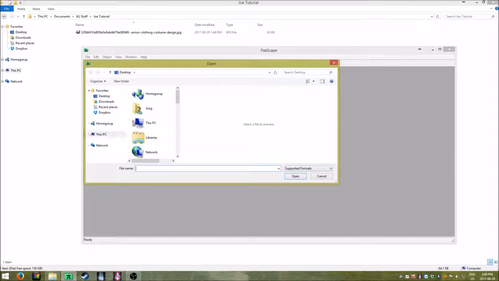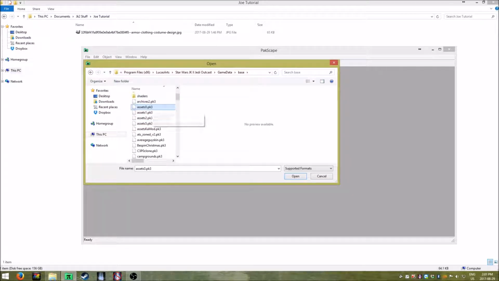And then we go to, do I not have a, this PC, Windows, program, where's LucasArts, LucasArts, game data, all of this stuff, base, and then here you have different assets, PK3 asset files, and what you have to do is you go to assets 0 and then you open that up,